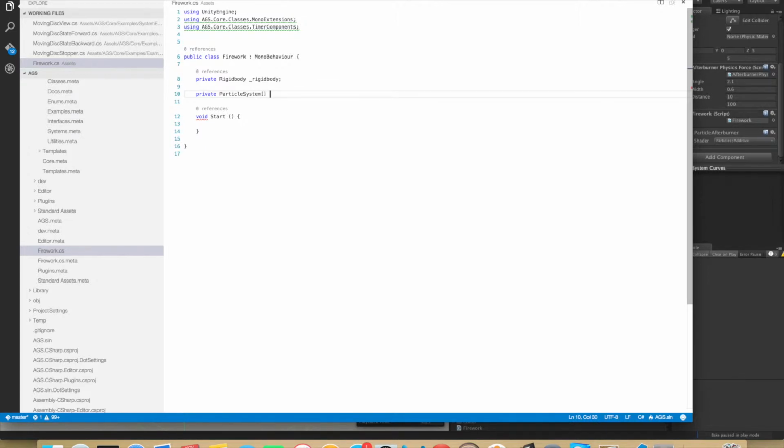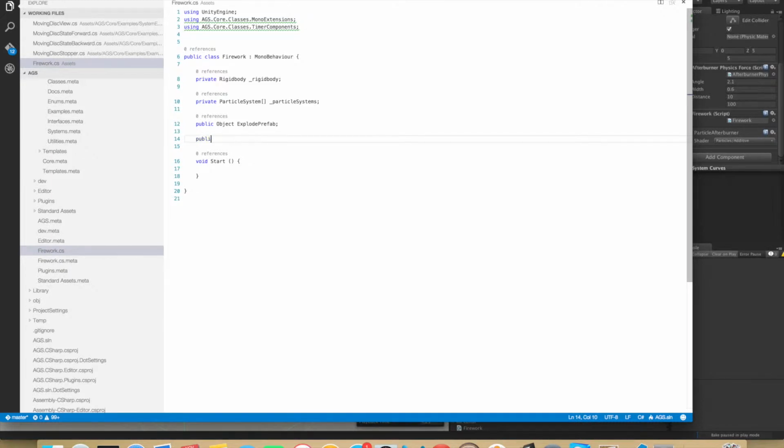There we go. Let's call them particle systems. And also we need a reference to the explosion prefab, so public object explode prefab, and also